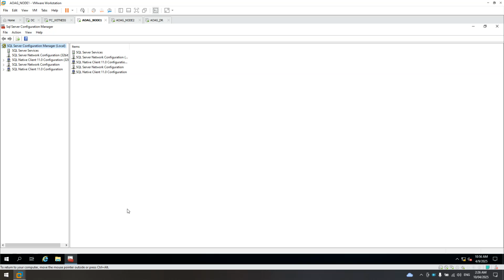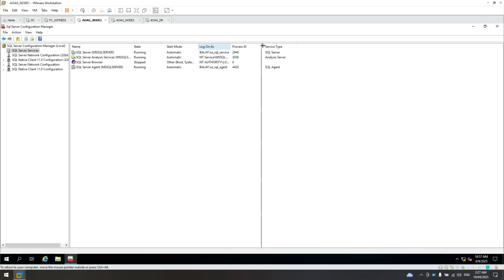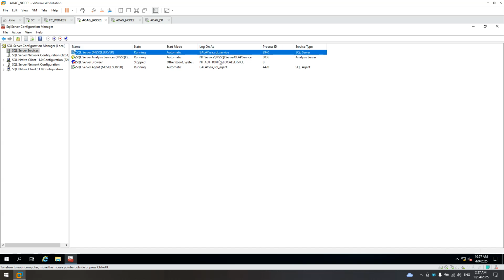In the configuration manager, on each of these nodes, that's in node 1, open configuration manager, SQL Server service. See that one here. SQL Server is already started using the SQL service.